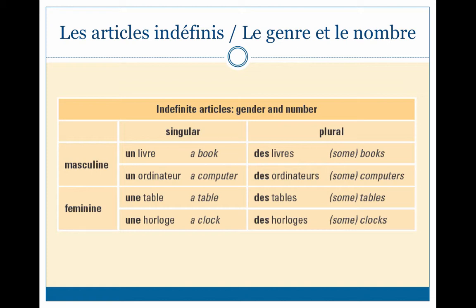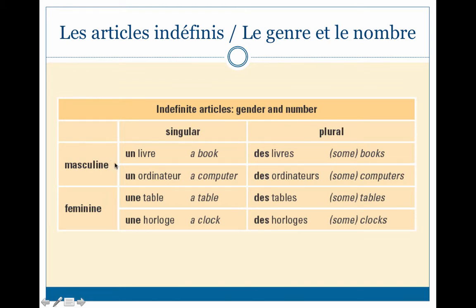But in French, we really cannot drop that word before the noun. And this is especially apparent when we talk about the word some, because we can often drop that word in English, but if you remember, whenever I have a noun in French, I have to put something before it. And if I'm trying to say a, an, or some, then these are the words that I'm going to use.